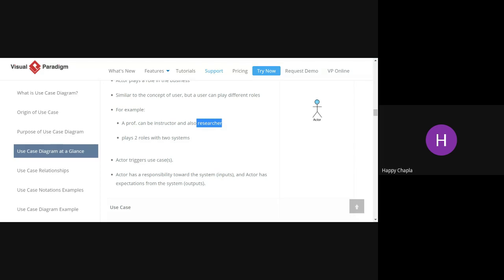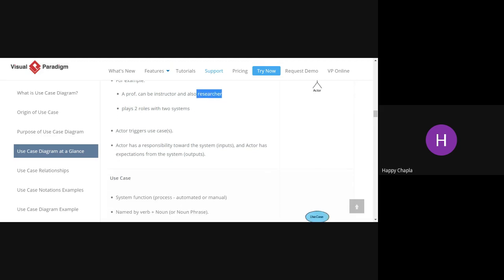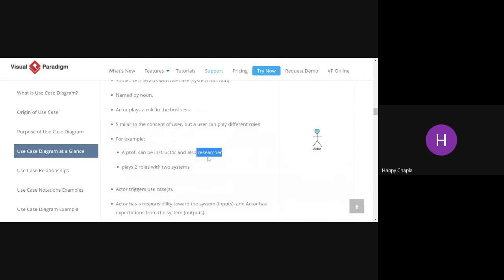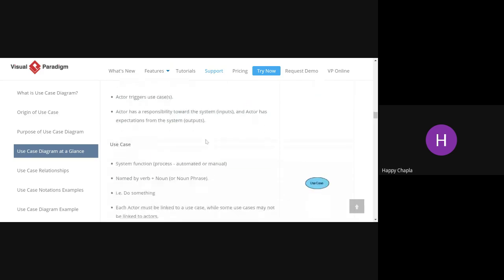It is something like, say, I am going for a higher educational purpose. For that institute, I am the student of the institute. And if I am a professor in this institute, that means for this educational system, I am acting as a professor, and for my university I am acting as a student. So two different functionalities, but it may be the same actor.